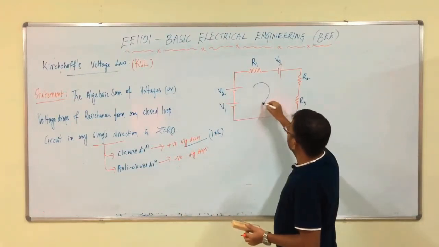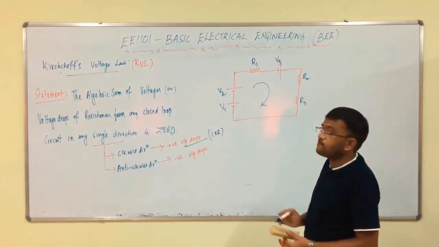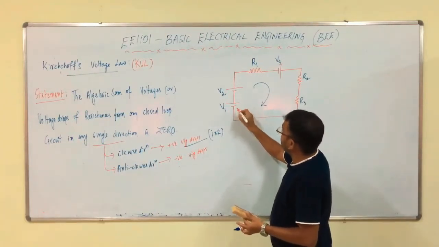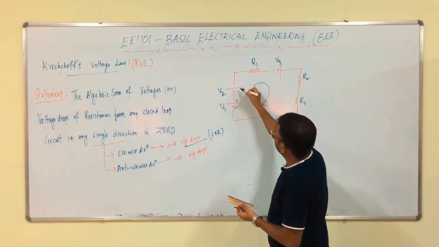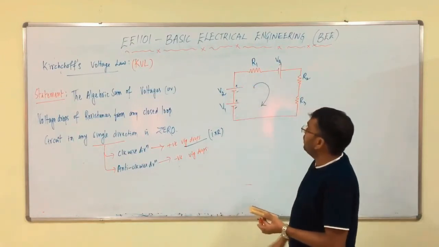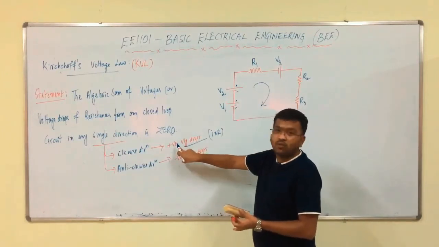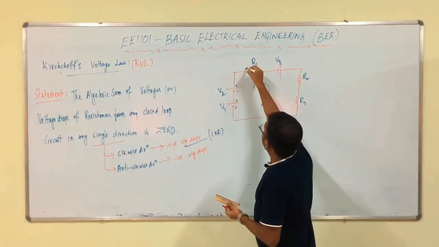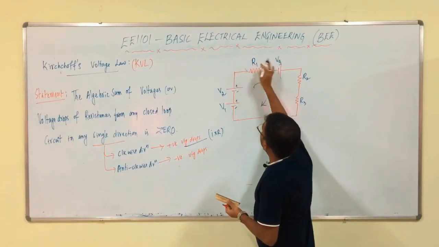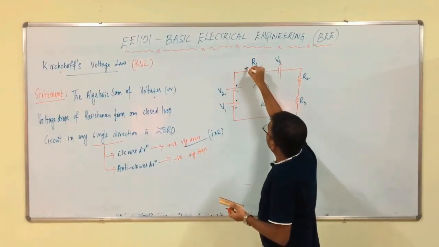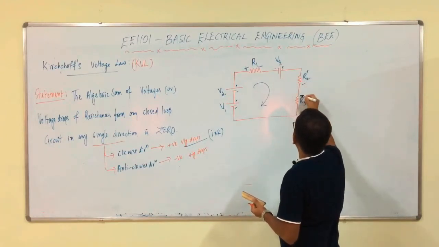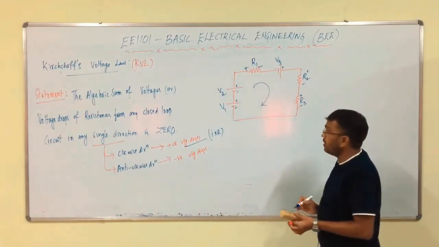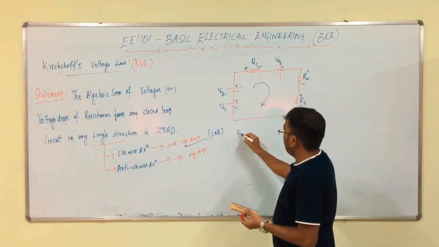First, clockwise. We know this is a negative potential, this is positive potential, this is negative, this is positive. And for clockwise direction, positive voltage drops, no? Better to write plus minus, this is minus, this is plus, plus minus, plus minus. Okay. By KVL,